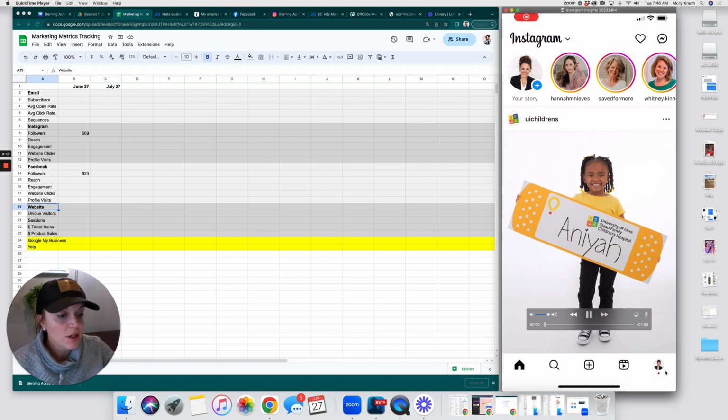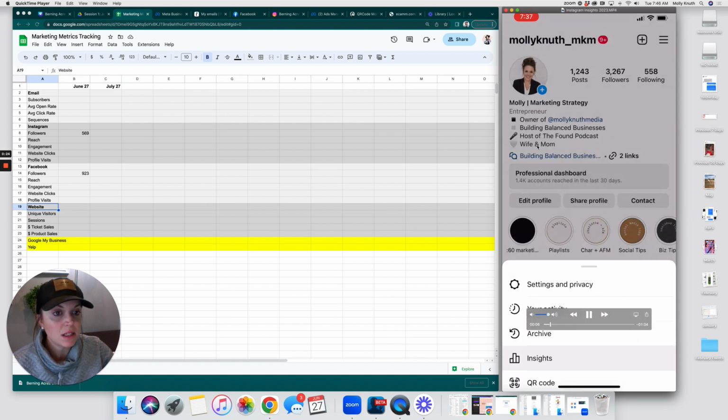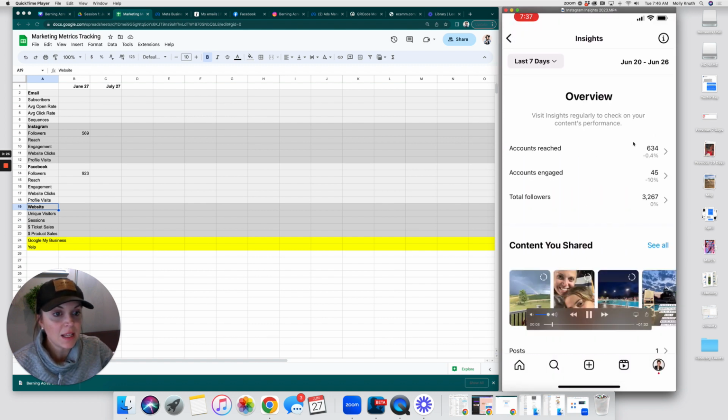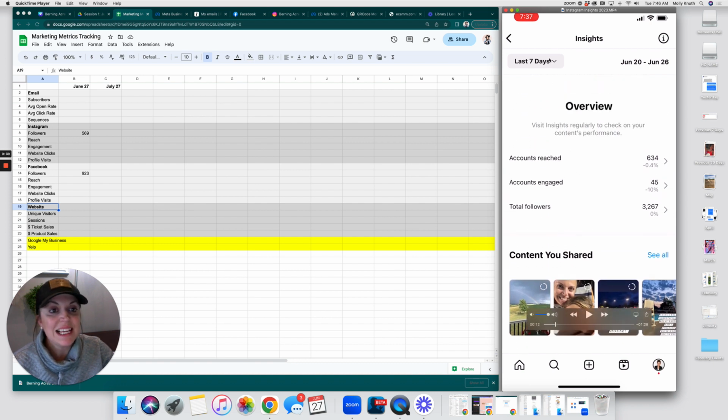So I'm going to go here to my account homepage, and then I'm going to click in these three little lines up here. Click Insights. And here is an overview of how my page has performed in the last 7 days. I can update by clicking here and choosing a custom time frame. I usually default to the last 28 or 30 days